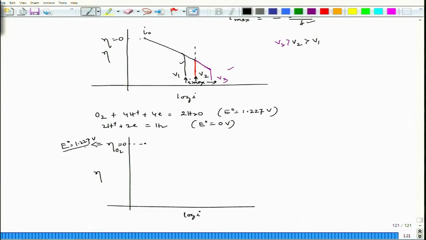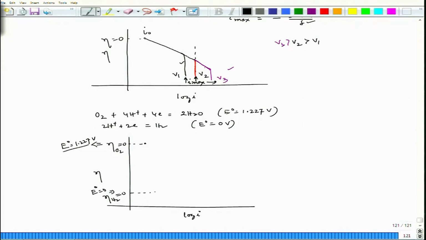Remember, this is the equilibrium voltage, and at equilibrium voltage we have overvoltage 0 for that oxygen reduction. And if E is equal to 0 here, it corresponds to eta for H2 evolution being 0